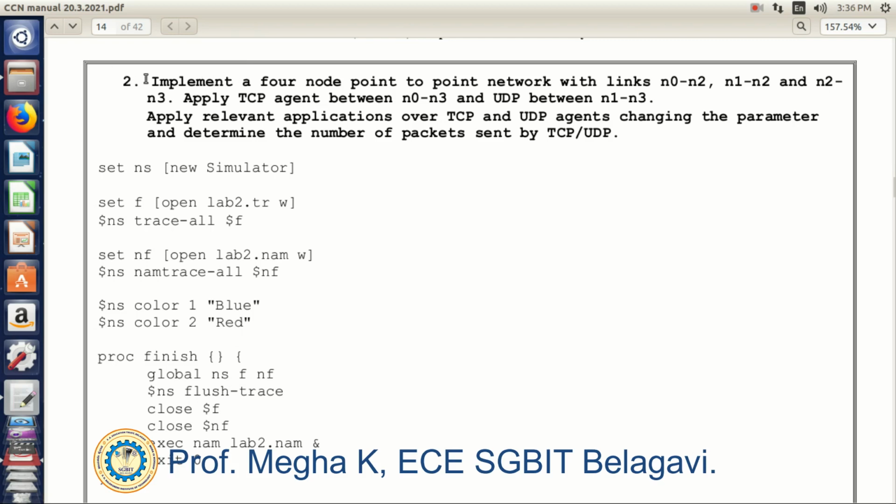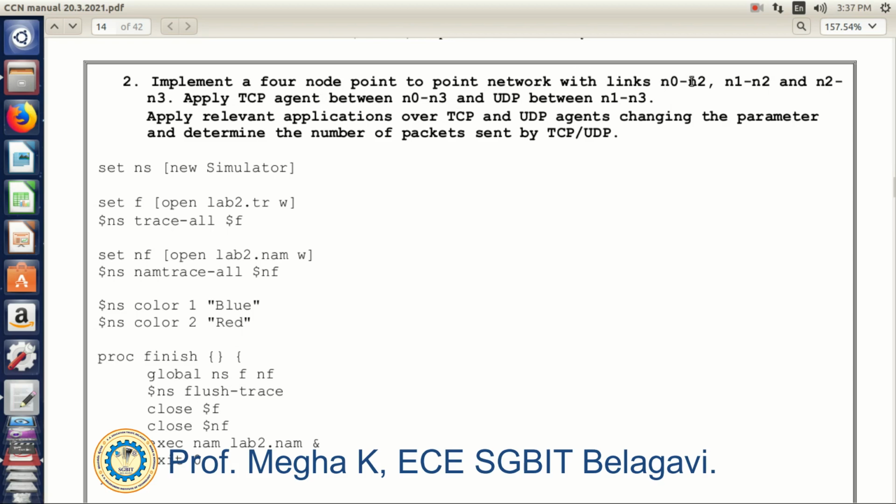So the heading of the program is: implement a 4-node point-to-point network with links N0 to N2, N1 to N2, N2 to N3. We need to create a link between N0 to N2, N1 to N2, N2 to N3, and apply a TCP agent between N0 and N3 and a UDP agent between N1 and N3.